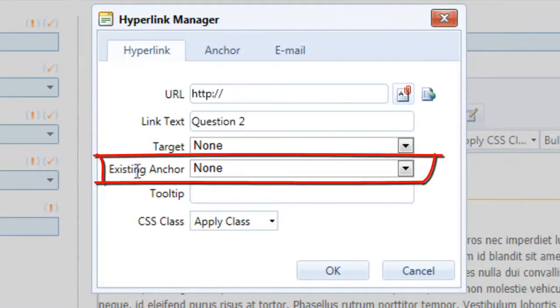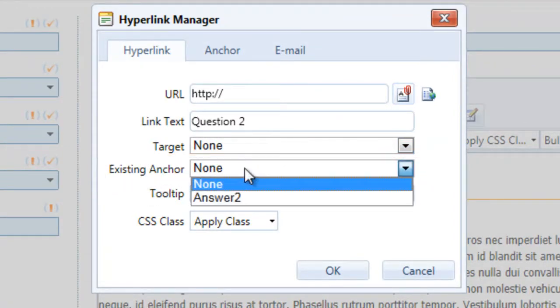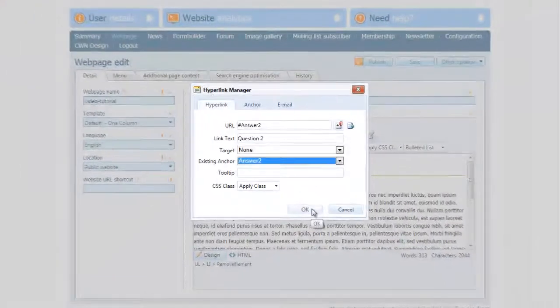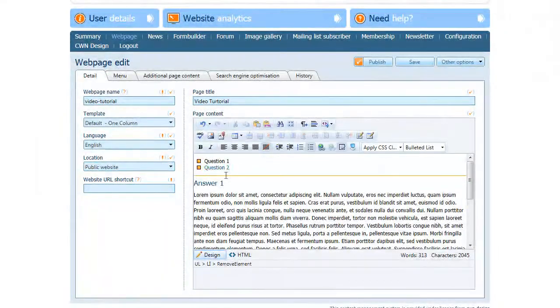You'll see there's a section there called Existing Anchor. Clicking on the drop-down list, you'll see that "answer 2", the anchor we made earlier, is now appearing within that list. Clicking on it and choosing OK has made the hyperlink now jump to the anchor point that we've made below. I'm going to save that page,